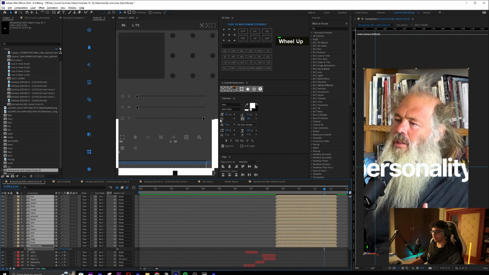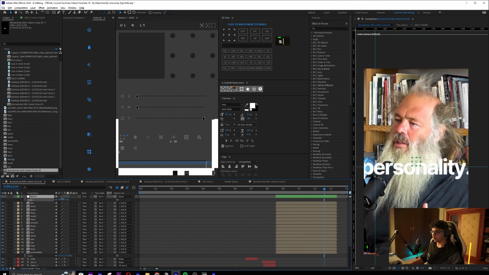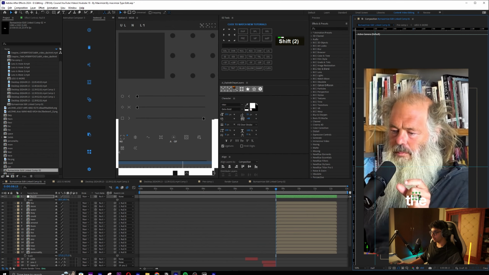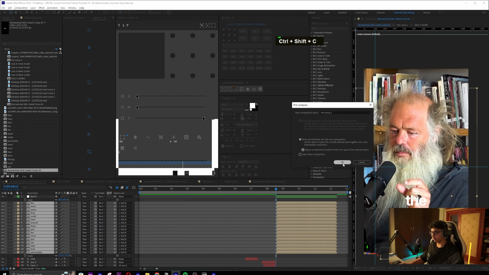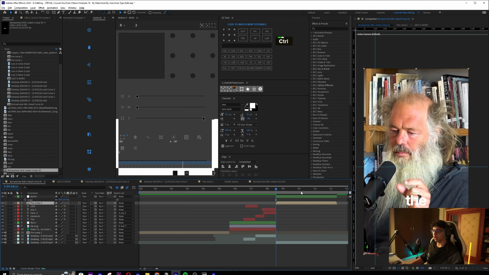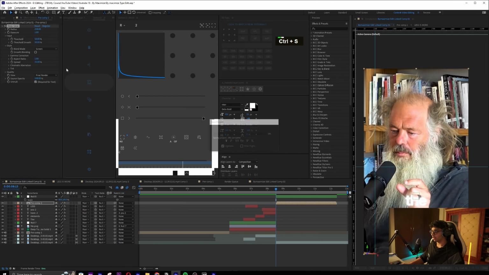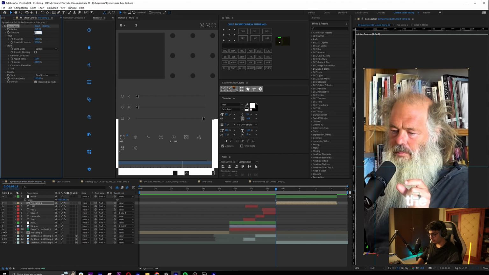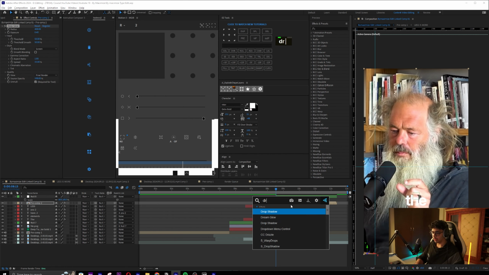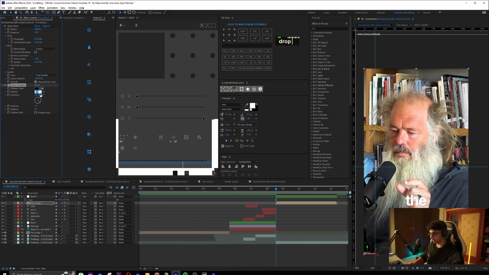Now I'll take the sizes of all of these, add a null, and just decrease them. We will take this down. Now I will pre-compose all of this, and once I do, I will add Deep Glow, make it required for text, make this 0.4 and increase the threshold to like 400, and then add a very slight drop shadow, make the opacity 20%. So you can see there's a major difference.